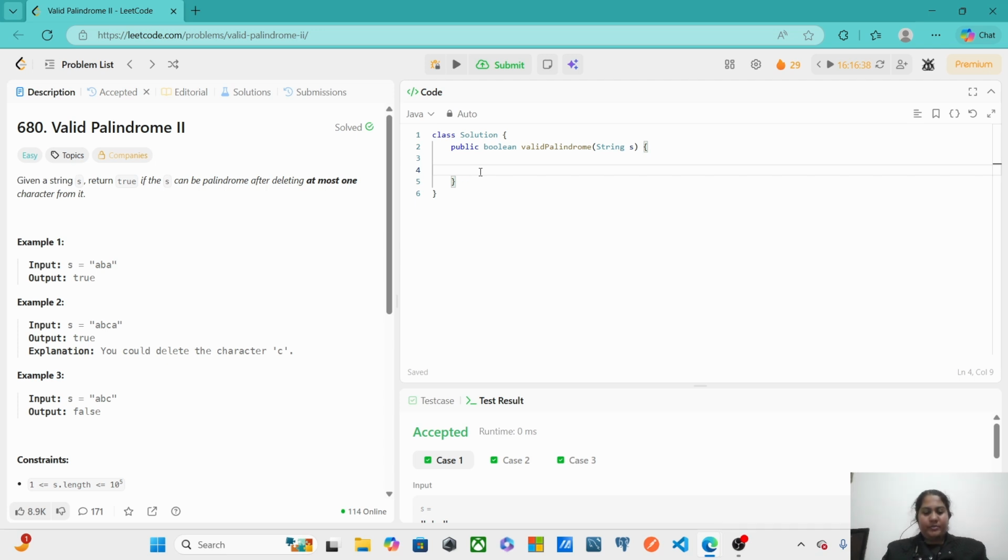So let's start coding. First of all, we'll take the length of the string. Now we take start, or yeah, this time let's take left as the starting point and the ending point would be n-1. Now using two pointers, which we had already used in our previous video as well,